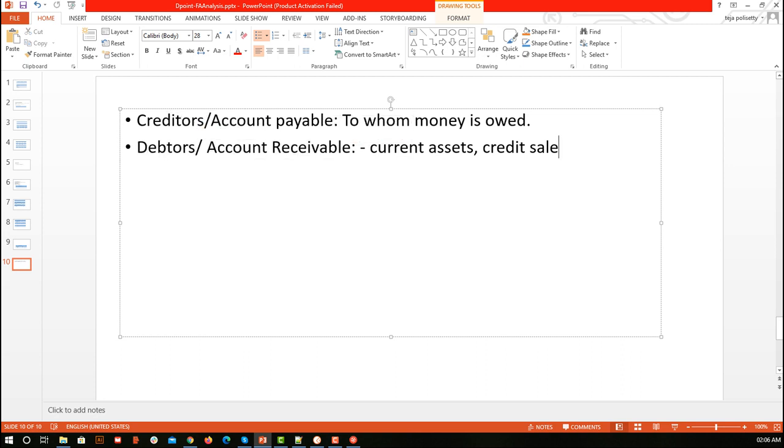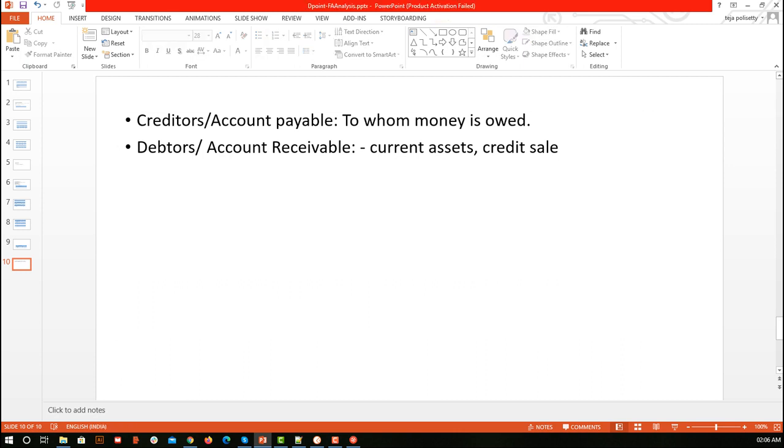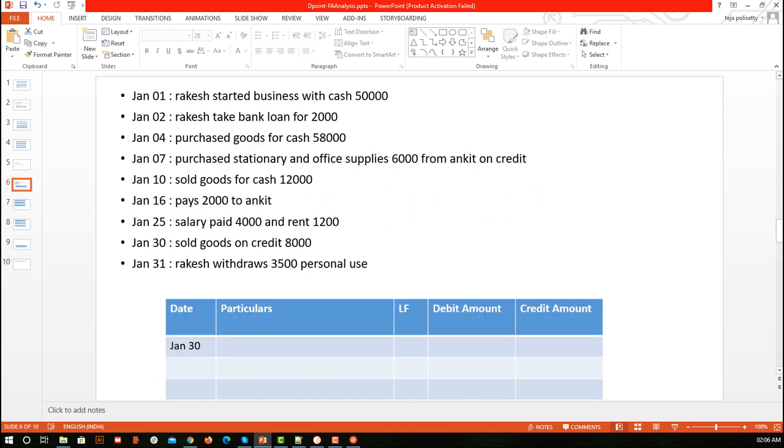And similarly, accounts payable: if we take a loan from the bank, then I have to pay that back, so in that case I am going to be an account payable, that is, a creditor. So these two statements are really good to understand what to do when some credit or debit comes into the picture. Okay, so in our case, we can see sold goods, so here we can say the sales account is involved.